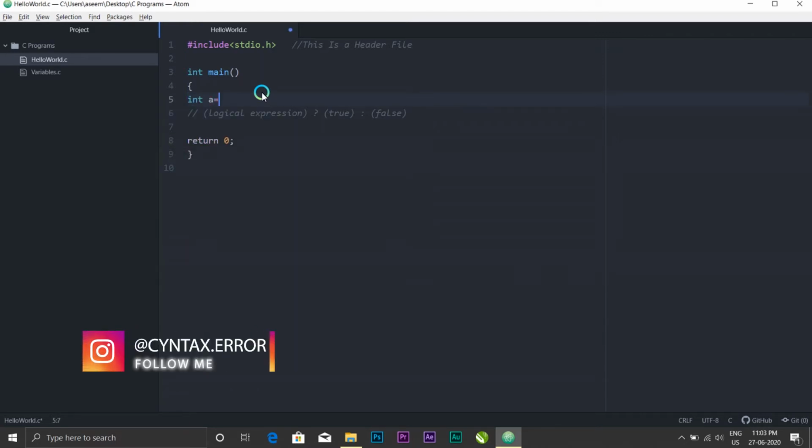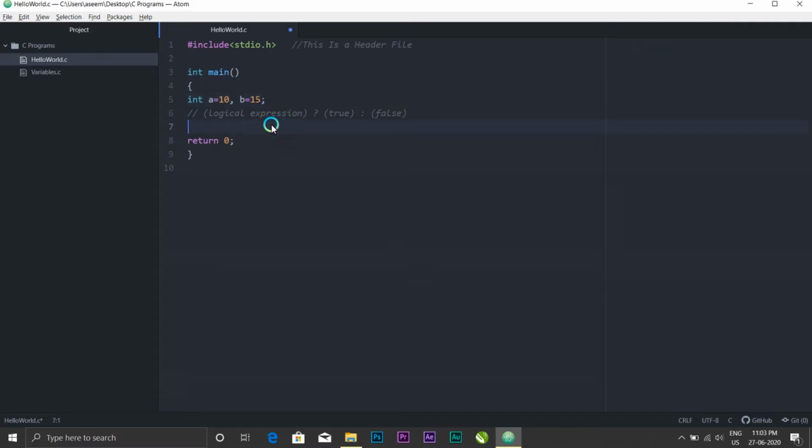I'll give you a small example. Suppose we check the greater number. Let a be 10 and b be 15. I'll write this code: int c is equal to a logical expression, a is greater than b.